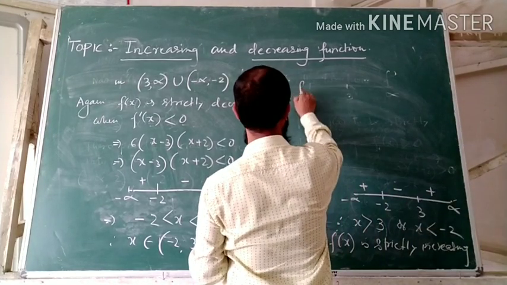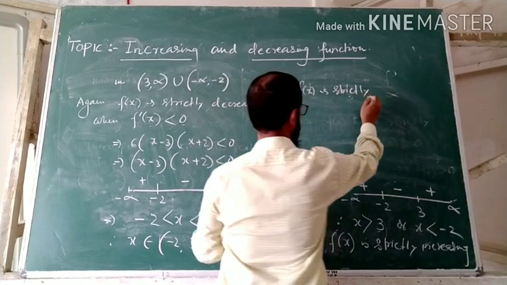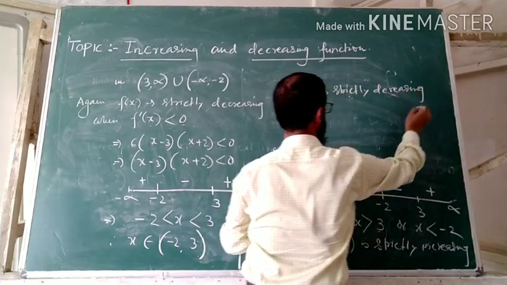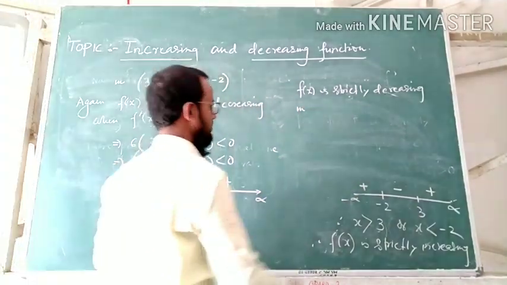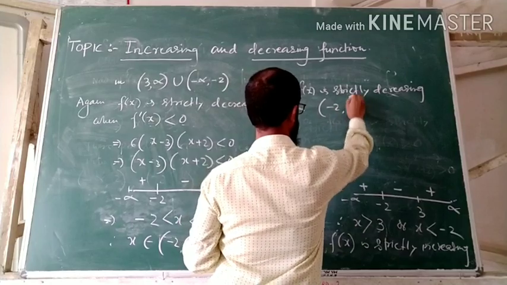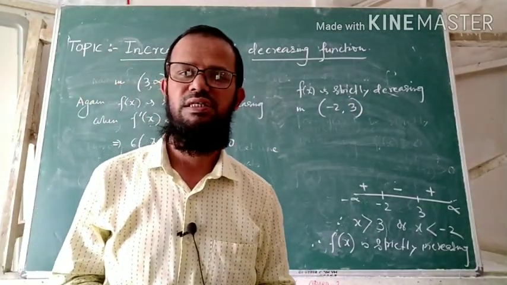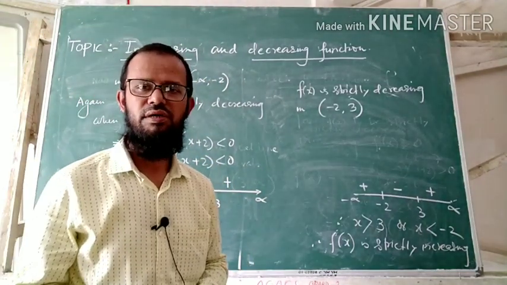The f x is strictly decreasing in इंटरवल क्या है -2 to 3. सो हो गया, कहाँ कहाँ फंक्शन इंक्रीजिंग हो रहा है, कहाँ कहाँ फंक्शन डिक्रीजिंग हो रहा है, ये आपको देखना है. ओके, सो दिस इज द वे यू कैन फाइंड आउट द इंटरवल